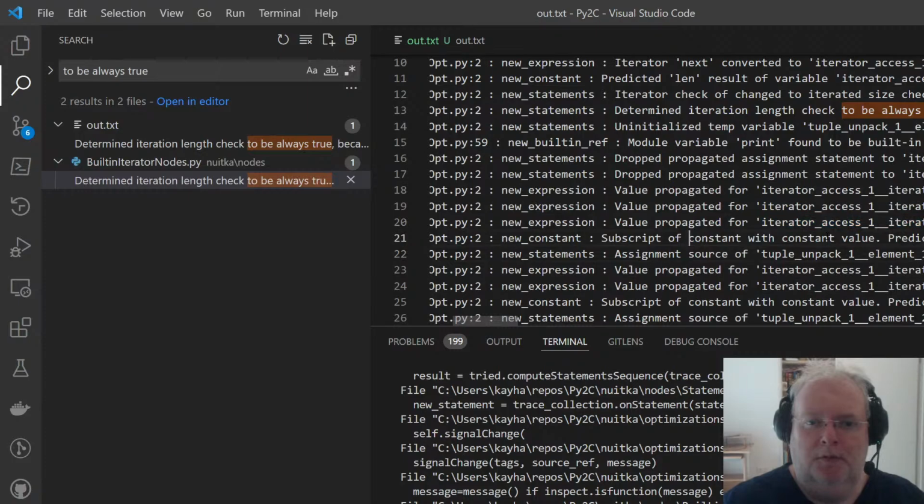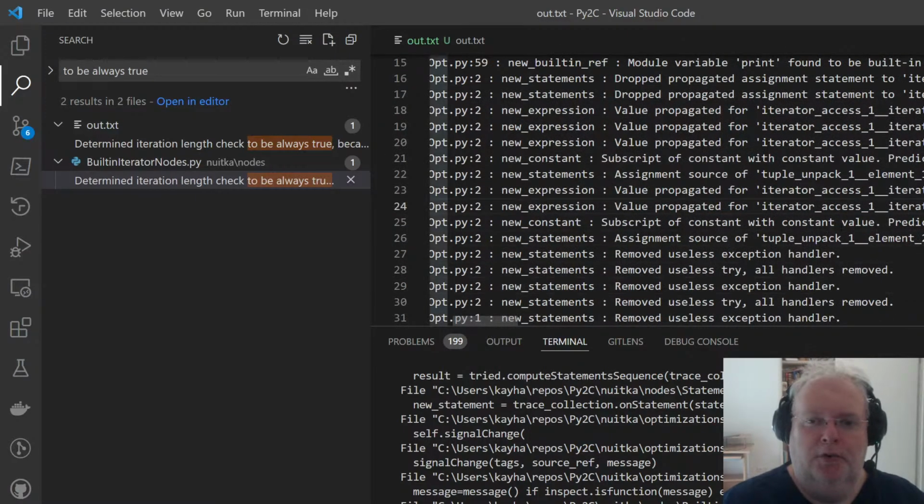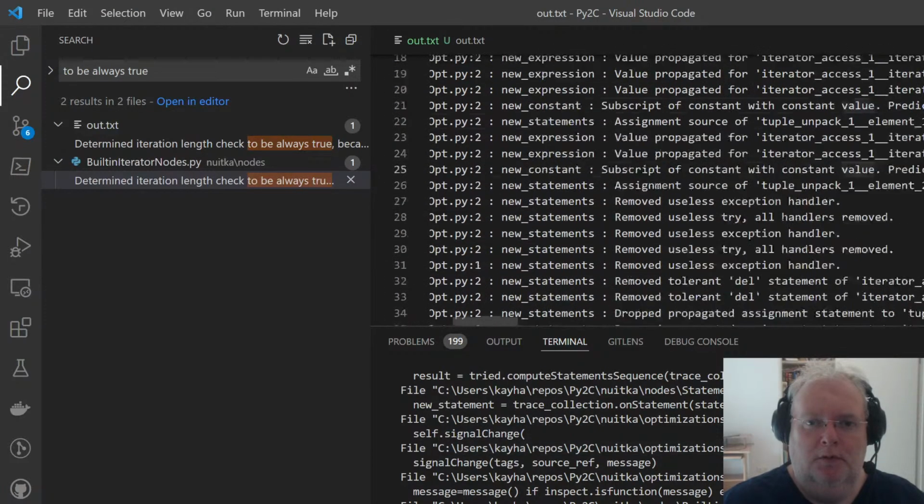And subscript with constant value, predicted constant result. Can't really output the constant result here, but that's where our indexing of 1 and 2 is happening. Problem being that the iteration count is not being increased. So this is 2 times index 0, and therefore we have the wrong output in the end.